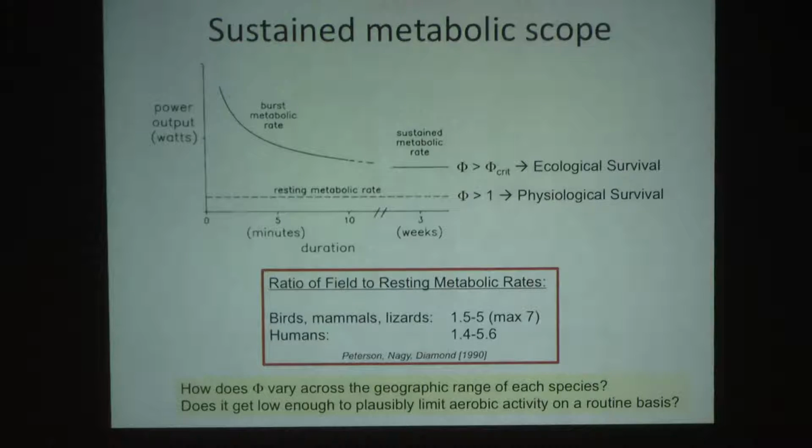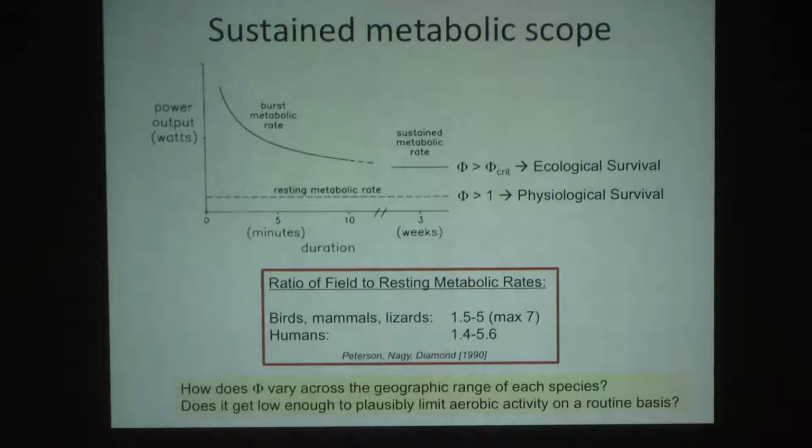And what that means is that in a resting state, the value of phi equals 1 means that supply and demand are exactly matched. And that's kind of a threshold value, because if phi falls a little bit below that, you've got to do something like go into metabolic suppression, or mortality is going to increase. If phi is above that, it means that there's an extra bit of oxygen available that you could use more